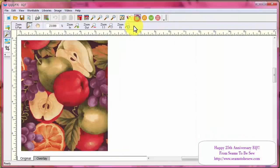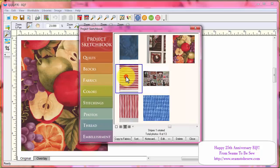Okay, so the next one, let's talk some stripes. Now, I scanned this two different ways. I actually turned them when I did this one. This was the actual fabric goes this way, and I thought it would be fun because sometimes when I'm working in Electric Quilt, most all the stripes I ever get are always going this way, and you never get any that are going this way. You can't rotate the fabric to go that way in Electric Quilt, so you almost have to